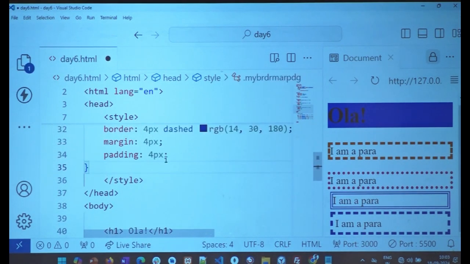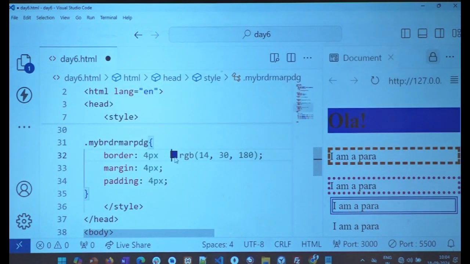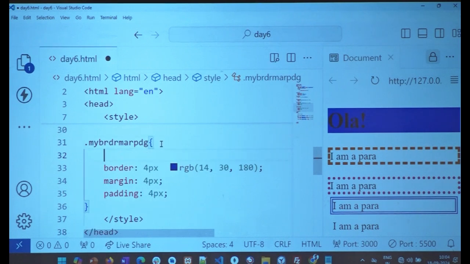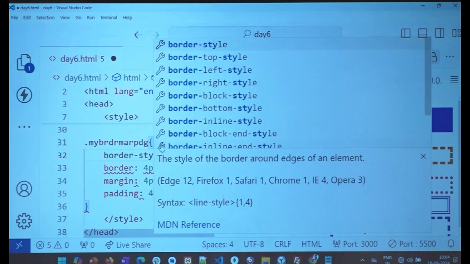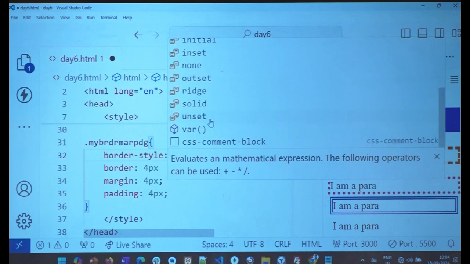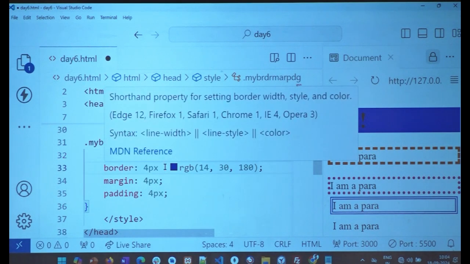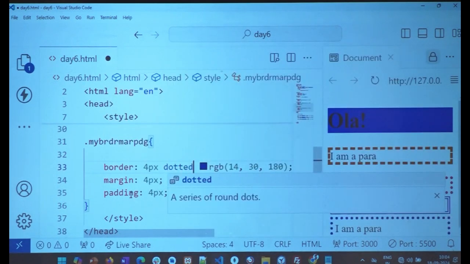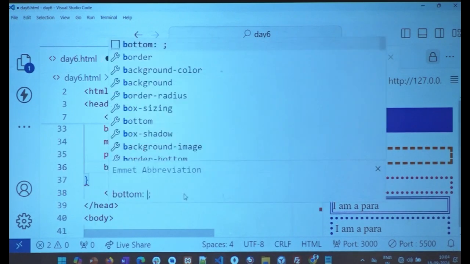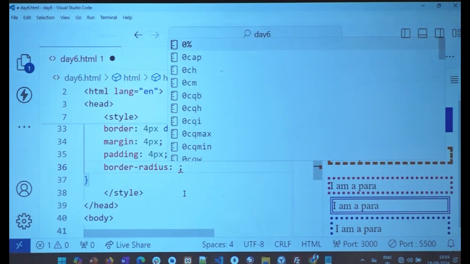This time I will definitely, right? So here I won't say dash dot dotted. I'll just say, what do I say? Border hyphen style, what do we have? Groove, hidden, inherit, inset. Let's go with dotted only. Okay. Dotted, and here again the order doesn't matter. Border hyphen radius, I'll say 3 pixel,